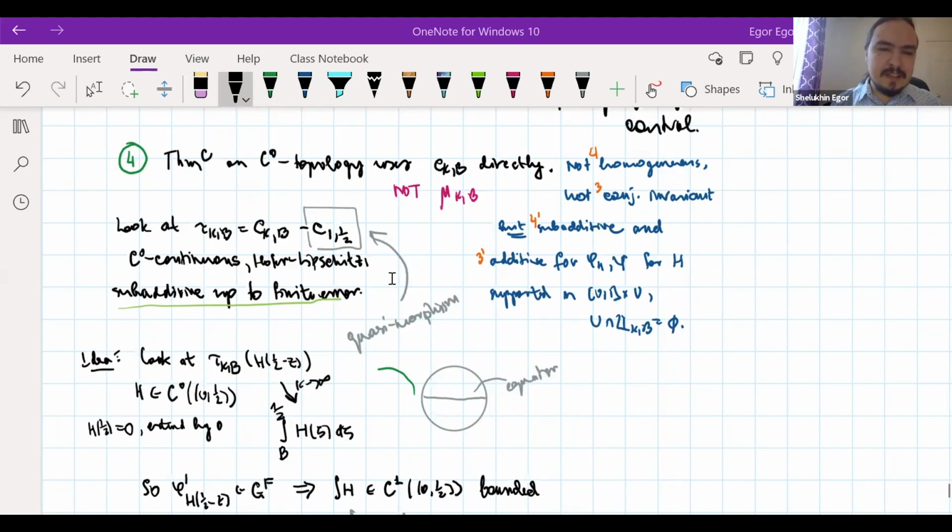And so one can prove that this is C0 continuous, Hofer-Lipschitz, and in fact, it's also subadditive up to finite error. So it's like quasi-subadditive. And the proof of the C0 continuity here uses a lemma of Cristofaro-Gardiner, Humilière, and Seyfaddini